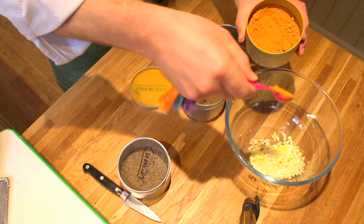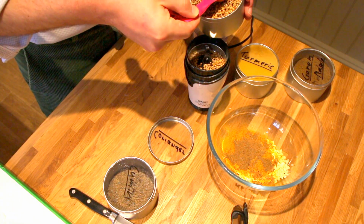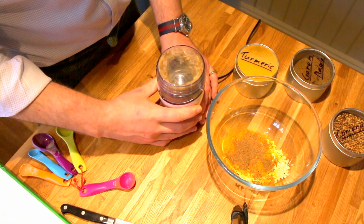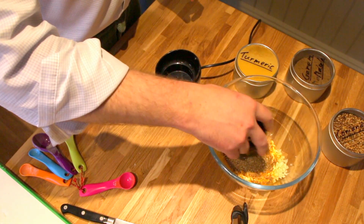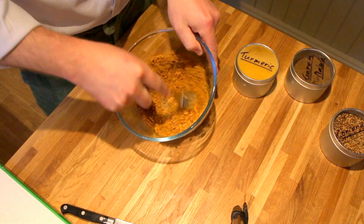Take 4 teaspoons of turmeric, 2 teaspoons of garam masala, 2 teaspoons of coriander seeds and 2 teaspoons of cumin seeds. Now, I didn't actually have powdered form, so I chucked them in my spice blender and used that, which I think actually gives you better results because they're so fresh and amazing because you're not left with a powder that's had time to kind of go off. So you've got the fresh oils inside the seeds, cracked open there and then, and it gives you such amazing